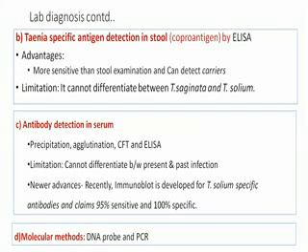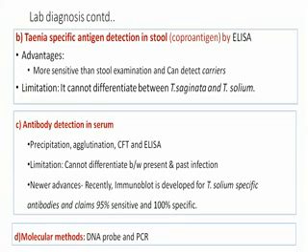ELISA helps to identify the Taenia specific antigen. So what are the advantages of ELISA? This is more sensitive than stool examination. That is why we can identify carriers. But here, this specific antigen is shared between Taenia solium and saginata. That is why we cannot differentiate the two. We can just trace out the carriers by using the ELISA technique.